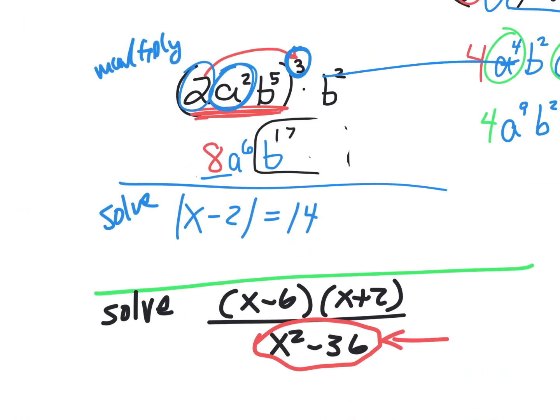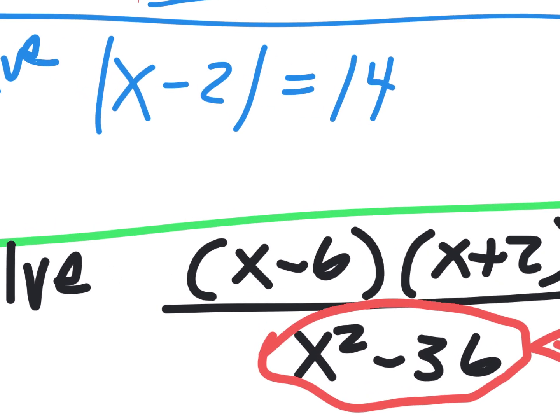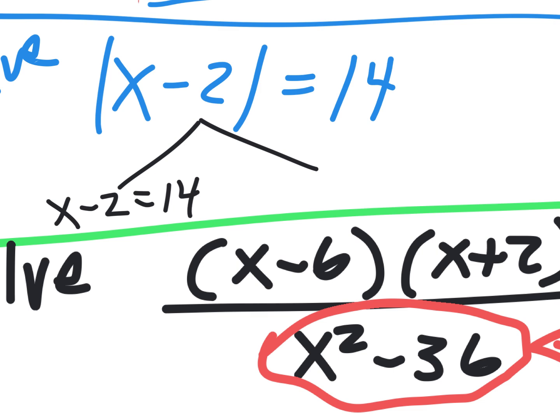I need to finish up my basics because I gave you these 3 questions and we need to finish them. Here, how about this one? Do you remember how to do absolute values? If you don't, I'll show you. You split this into 2 equations. X minus 2 is 14 and x minus 2 is 14. And I hope you're smart enough to know you wouldn't have to do the same exact thing twice, right? So then it must be